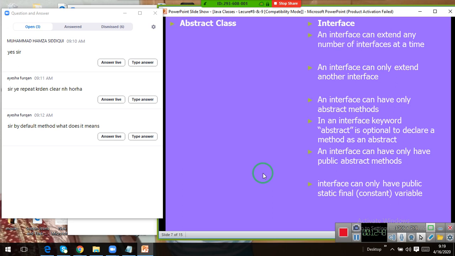Now let's see the difference between the abstract class and the interface. Over here, class,